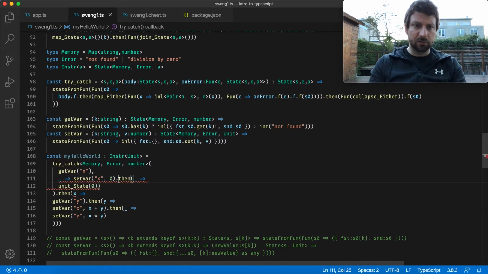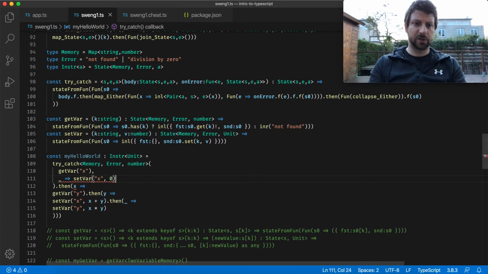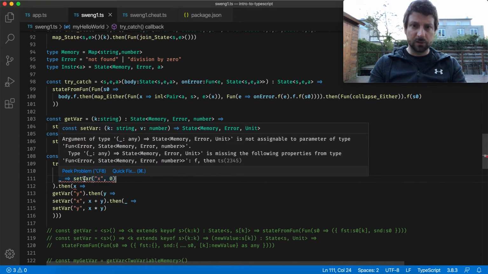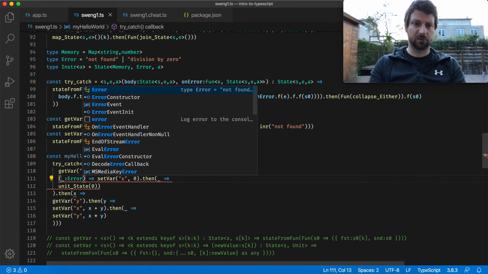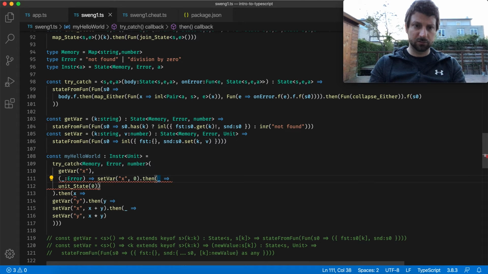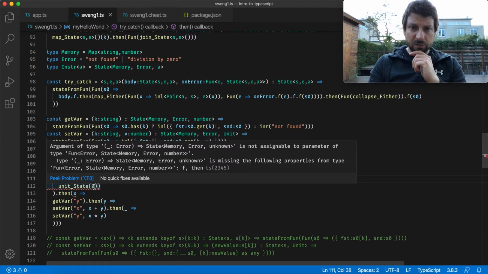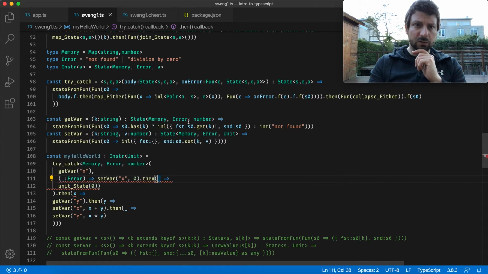So, oh, now this alone shouldn't work, right? It shouldn't work because it says state memory error unit. Yes, and it should be. Oh, well, let's give it more hints. Let's say this is an error. Are you happier now? Yeah, sort of. And now it says state memory error unknown. Okay, well,